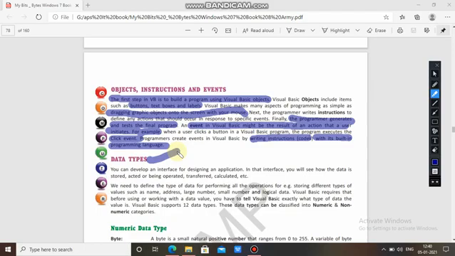All these things are seen in that interface. So we can design an interface for designing an application. We need to define the type of data for performing all the operations.